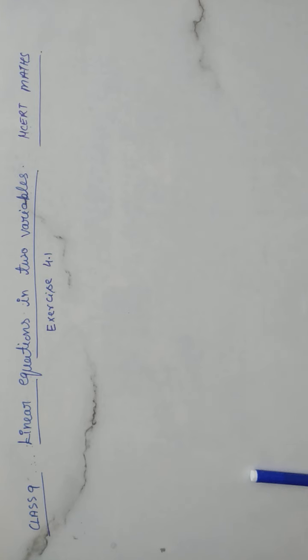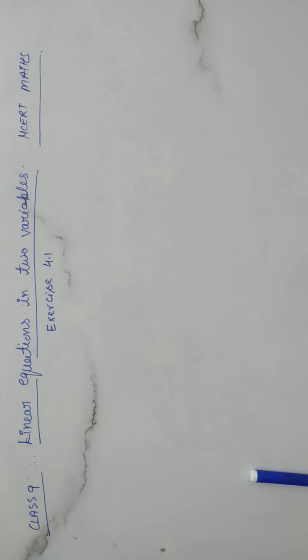I'm sure that you have gone through the previous video I have uploaded, the introductory video of linear equation in two variables. In that video we discussed that when we are solving a linear equation with two variables, there are infinitely many solutions for a particular given linear equation. And if we want to draw the graph for the given linear equation in two variables, then we get a straight line. All these things we have discussed in our previous video.